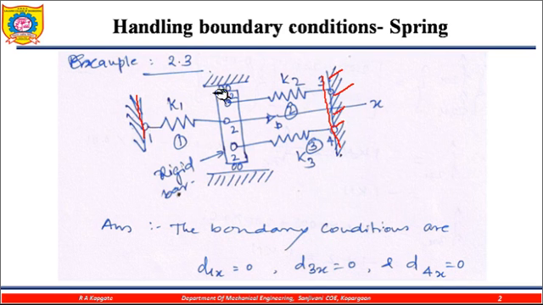But here you can see the roller. This is a fixed position, this is a fixed position, again this is a fixed position, but this plate is not fixed. Rollers are given, and because of these rollers it can travel in this direction or the opposite direction. So this is the problem.